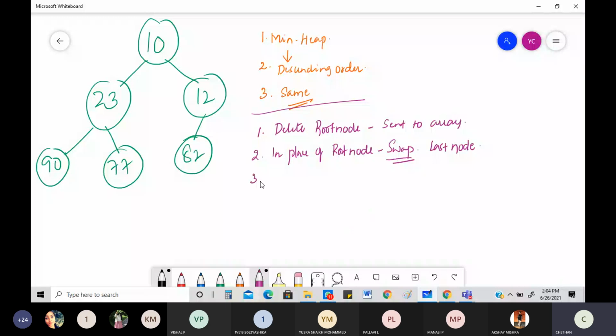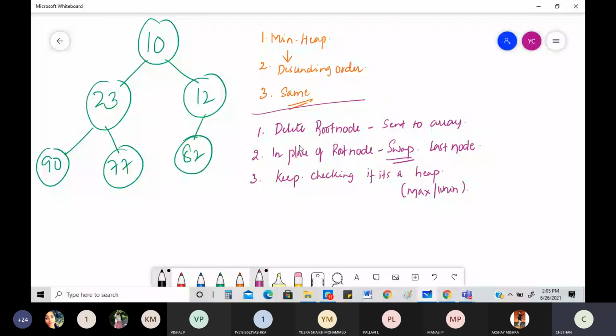Then what's the next thing? Keep checking whether it is a heap. In this case, a minimum heap. Keep checking if it's a heap, whether it is a maximum one or a minimum one. Keep on checking it. No one will tell you all these steps. There's nothing like this in your textbook. This is there in terms of an algorithm, but we write it in a way which we understand. That's very important. If you can understand the steps, only then can you do this.